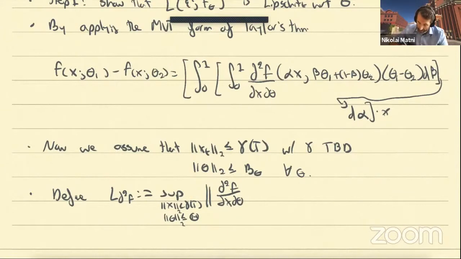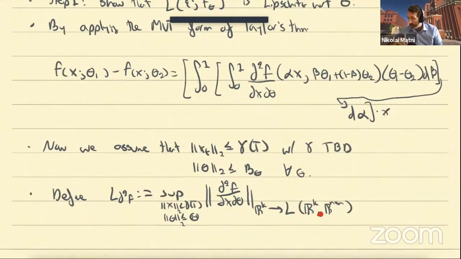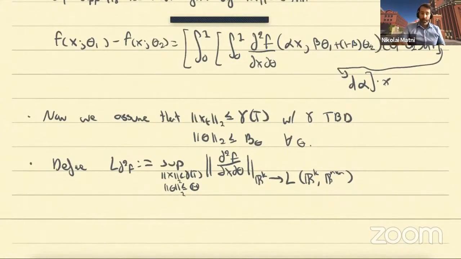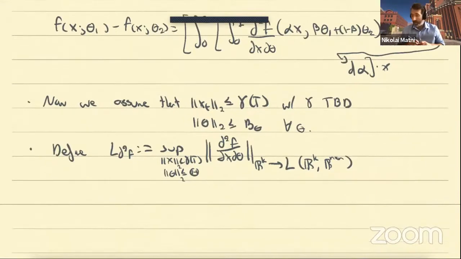And we're viewing this as a map from RK to matrices that take RK to Rn by n, right? And we're looking at the operator norm, right? So this in particular is going to be the Banach space of n by n real valued matrices equipped with the operator norm. Okay. So this is a constant that you can never really measure or know, but it does exist, and it's going to be bounded by the assumption of twice continuous differentiability.